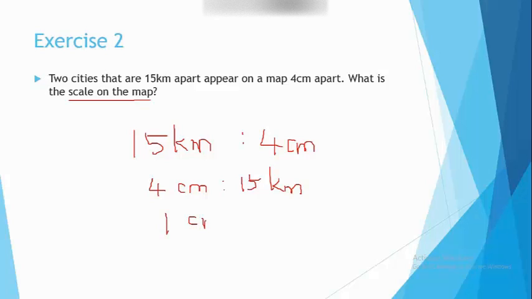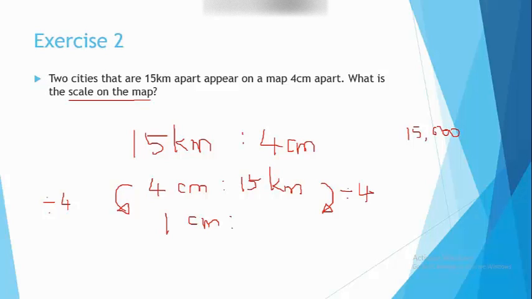So 1 centimeter to the missing number. How can we get 1 centimeter from 4 centimeters? Simply by dividing 4 centimeters by 4. Similarly, whatever we do on that side should be done on the other side. So we'll divide 15 kilometers by 4. But 4 doesn't go into 15 without a remainder, so in order to avoid that remainder, we can do